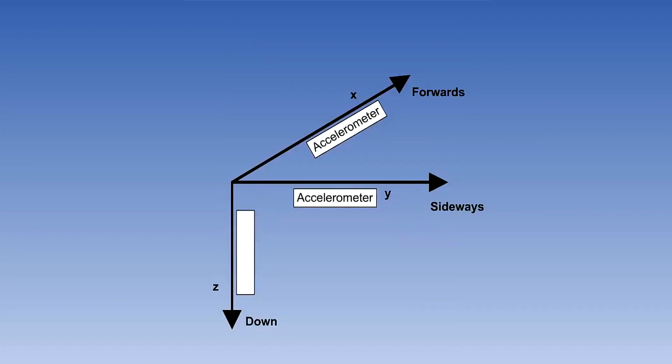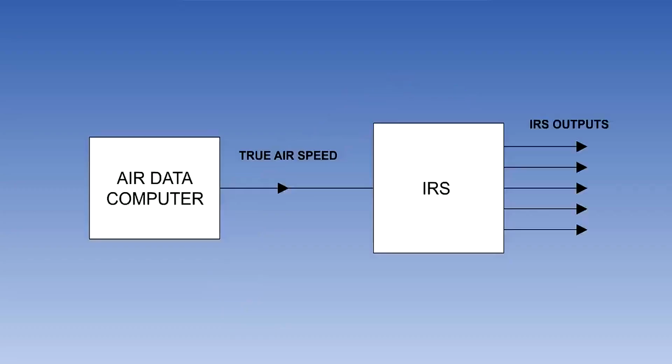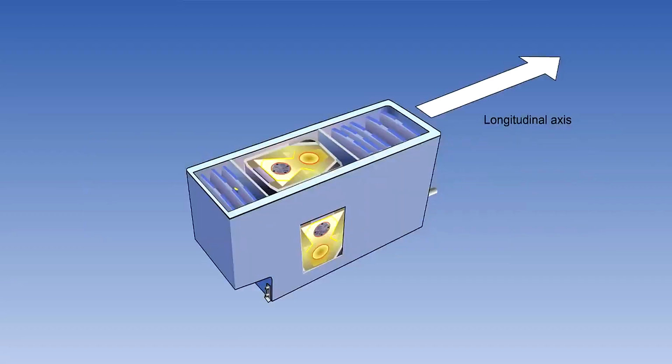It also needs barometric altitude. As we just said, there is a vertical accelerometer and a vertical channel. However, on its own, the vertical channel is too unstable. The vertical accelerometer picks up the instantaneous changes, but the barometric information stabilizes the vertical velocity and altitude outputs. Other than that, all we need is TAS from the air data computer. As with the INS, TAS is needed in order to be able to compute wind velocity.